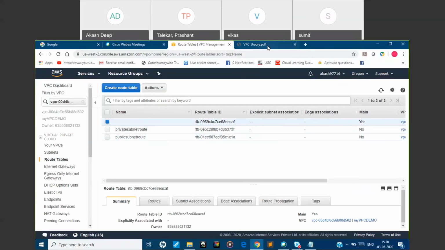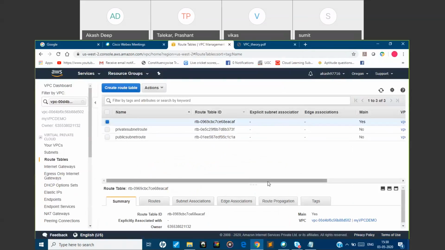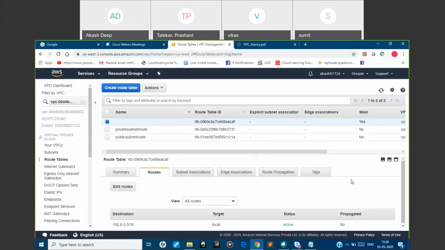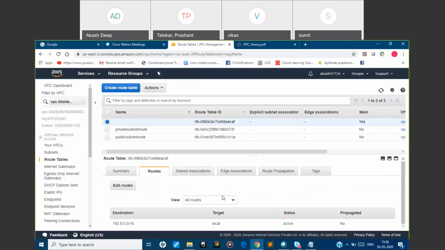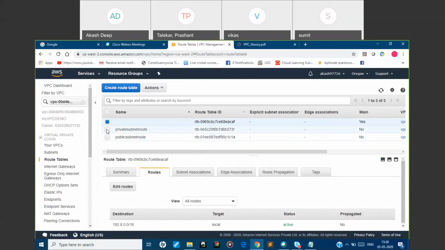Now what we need to do is associate this route with the internet gateway to make it public. How do we do that? Just click here, click on routes, click on edit routes.